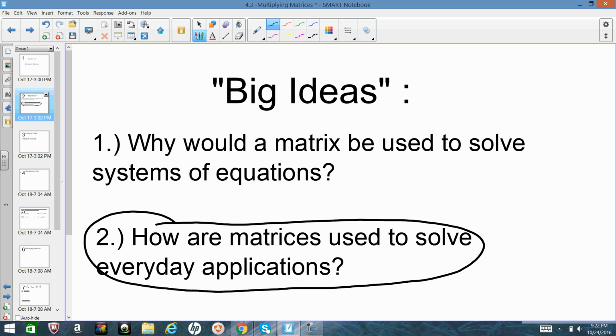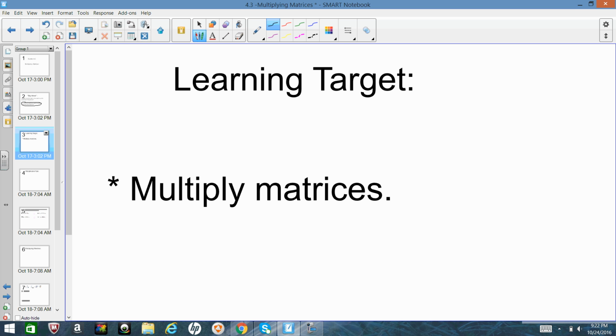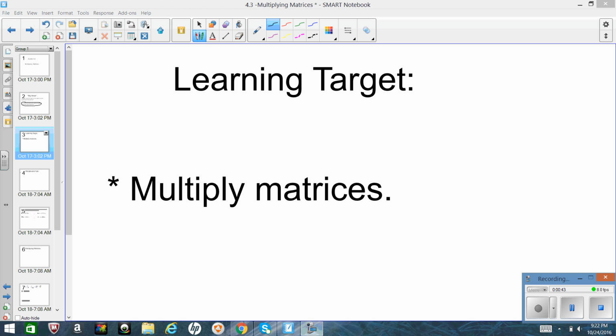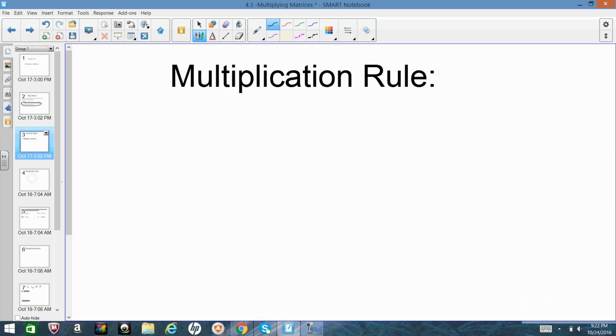So our learning target is just multiplying matrices. That's what we are trying to do today. So our multiplication rule. Our first rule is that we can multiply